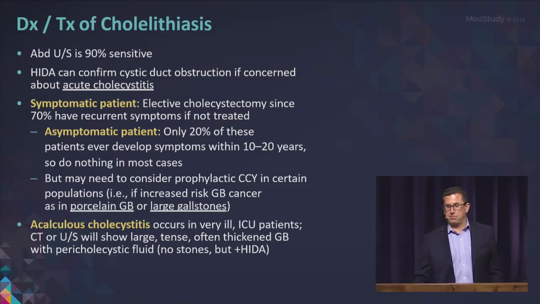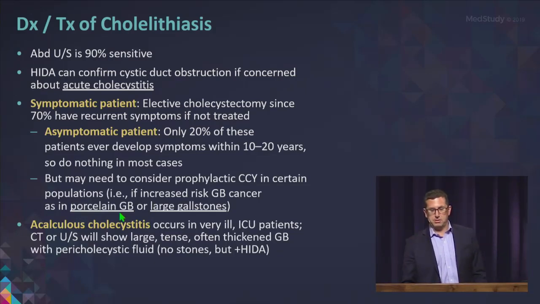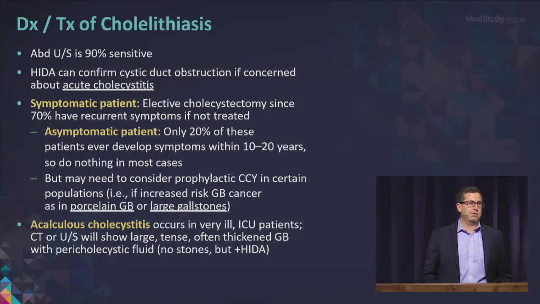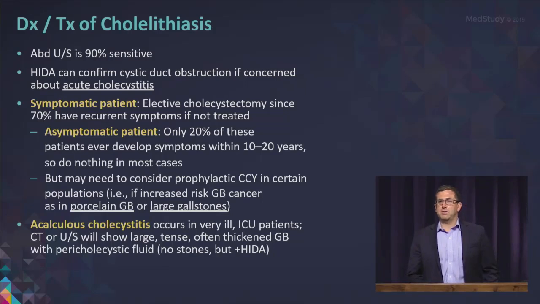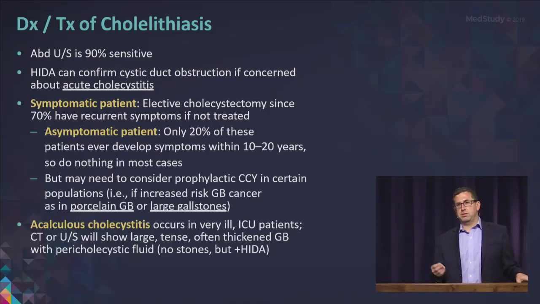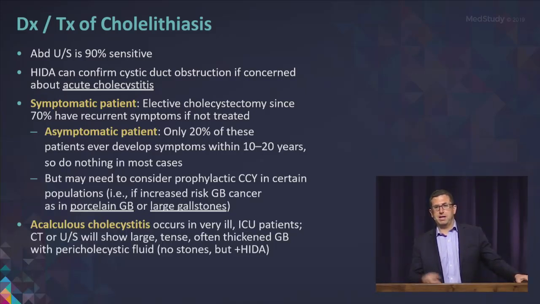But you may need to consider prophylactic cholecystectomy in certain populations. So if you see a porcelain gallbladder or large gallstones, those people have a high risk of having gallbladder cancer. So even if they don't have symptoms, you may want to send them for surgery. And then there's an entity called acalculous cholecystitis where there are no stones in the gallbladder, but there's a thickened wall, and it's often seen in ICU patients. So these patients will have a positive HIDA because the cystic duct really is obstructed from inflammation,